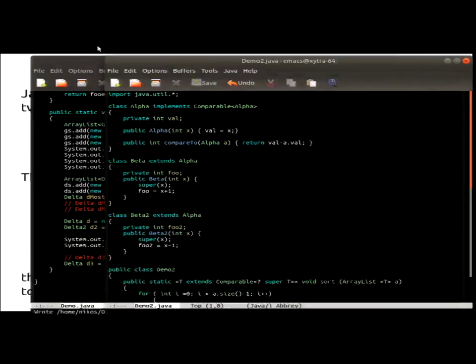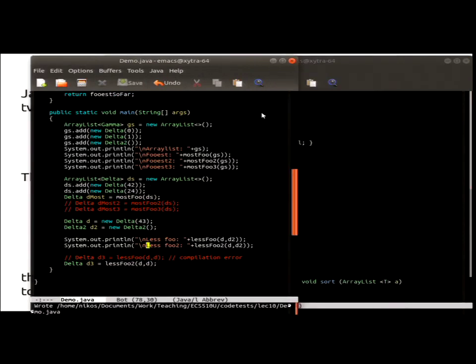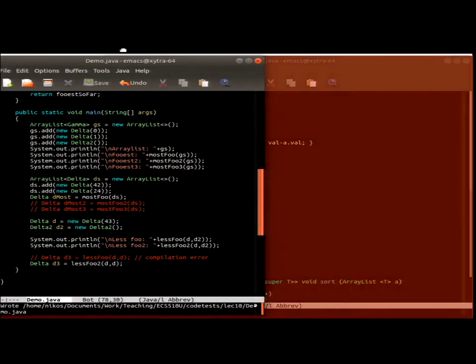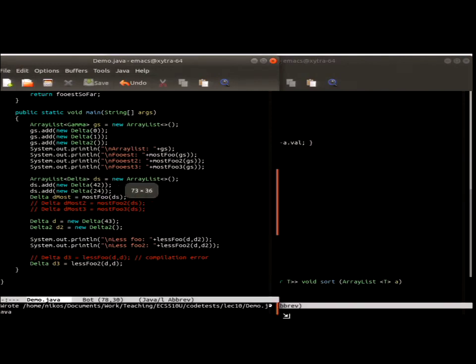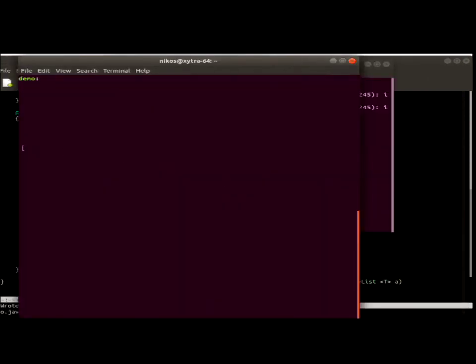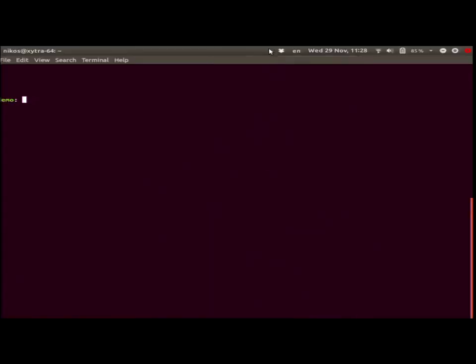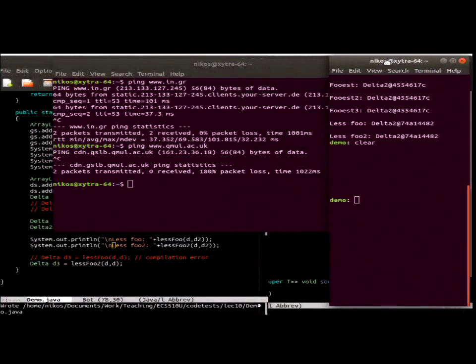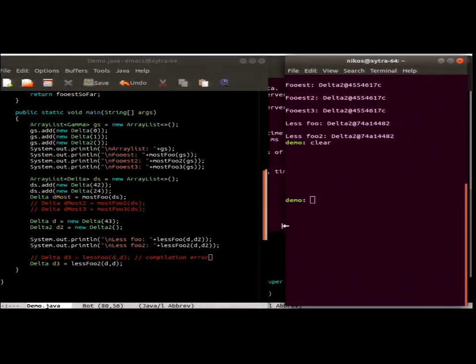So I have my demo here. There is demo 1. Let's see whether I can make this compile. This is my terminal. That's too large. Okay, so